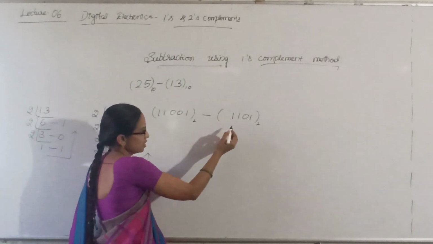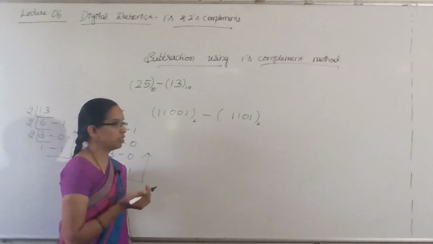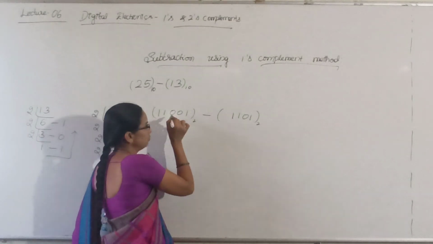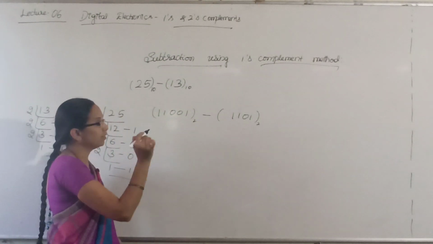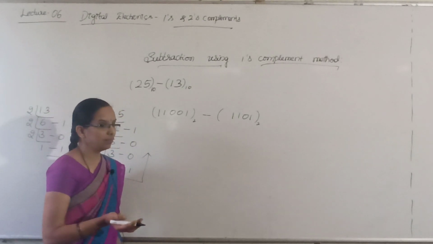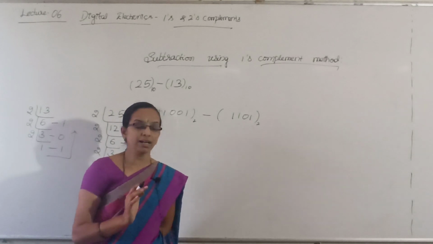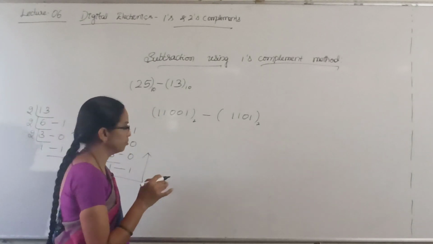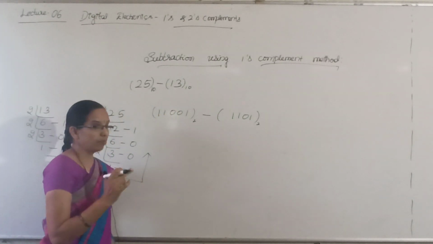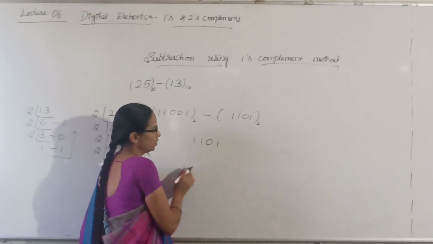Here this is our subtrahend which is to be subtracted, that you have to identify first, because in the examination they will tell you to subtract 1101 from 11001 or subtract 13 from 25. So which is to be subtracted? Always in your syllabus, first PUC electronics, digital electronics syllabus, you always subtract a smaller number from the larger number. So first identify the smaller number, the one to be subtracted, that is the subtrahend, that is 1101.